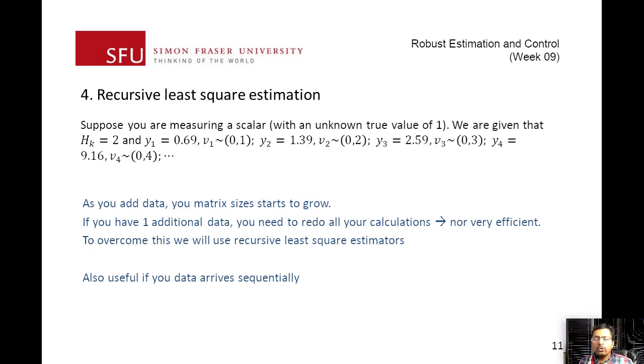So this basically concludes our video for week 9. What we did in this video is, after reviewing the concept, we looked at ways we can actually estimate a constant. So we looked at estimating a single value. Then we expanded our scope and said we're going to estimate a vector. And then we said what happens if you're estimating a vector with noise which has known covariance, which is potentially different. And then we finally started looking at why, or where, you would potentially be using a recursive least square.